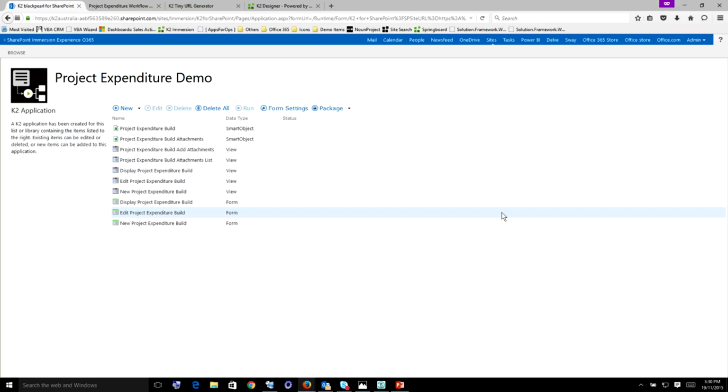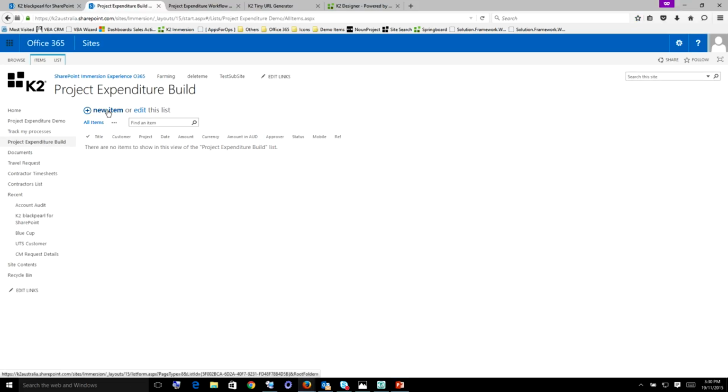Okay, all right, so what we've done is we've just generated a whole bunch of artifacts. We've generated the views and the forms automatically. So let's go back into SharePoint and have a look at what's happened here. I'm just going to open it up in another tab. So go to our project build over here again, and this time when I say new item,